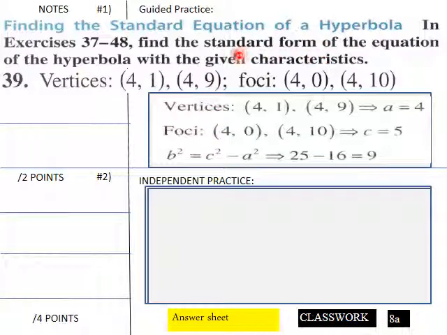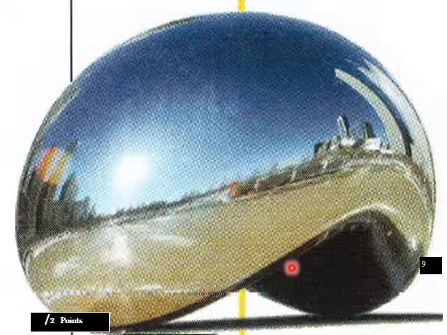Knowing your a, b, and c and plugging that into the standard form of the equation of a hyperbola, go ahead, students, and find your standard form now that you know your values for a, b, and c, and put that down here. Moving along,